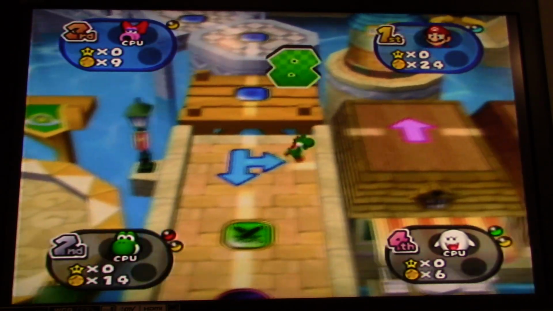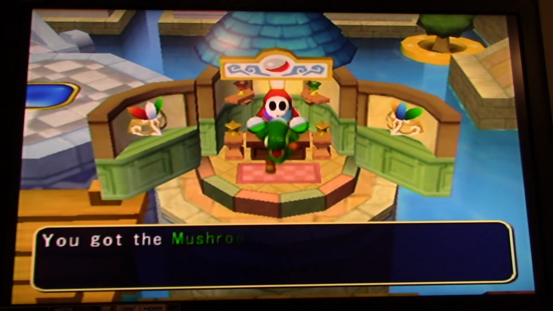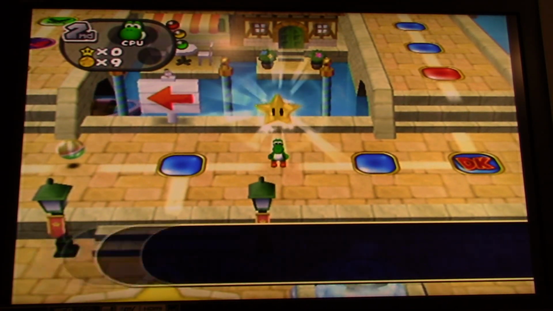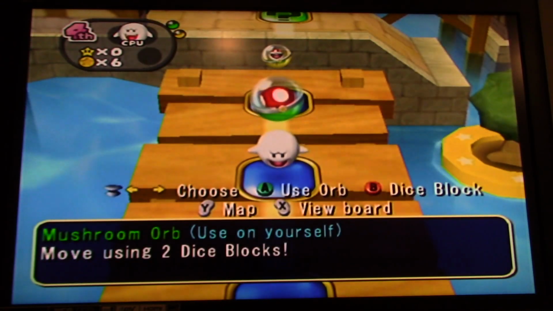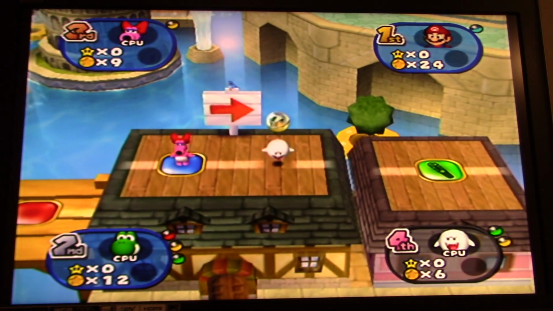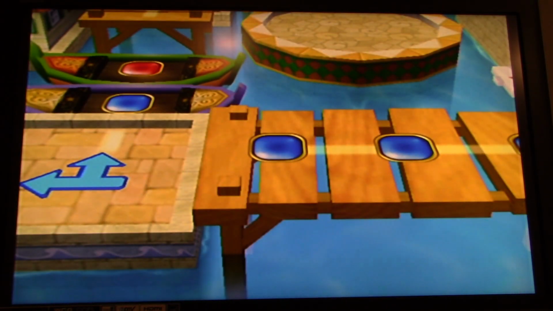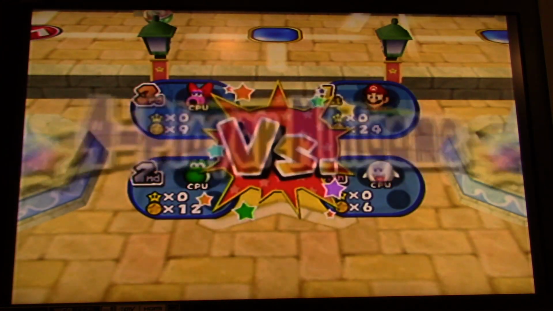Alright, 9 for Yoshi. Alright, he's gonna buy a mushroom orb. And sorry, Yoshi, you don't have enough coins for the star. Alright, 8 for Boo. And he's gonna get a hammer orb. He lands on that green space. That's gonna make the bridge rise up here, and that sends Boo over to the bridge here that he's standing